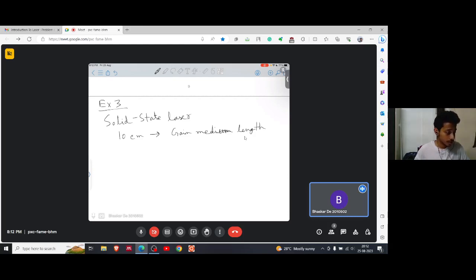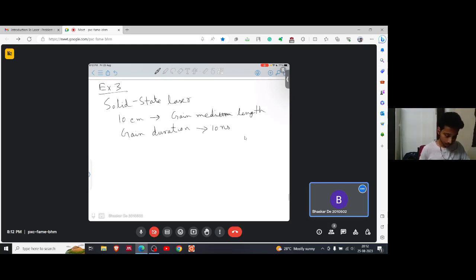Assume a rod diameter of 6 mm. So the gain duration is 10 nanosecond. The rod diameter is